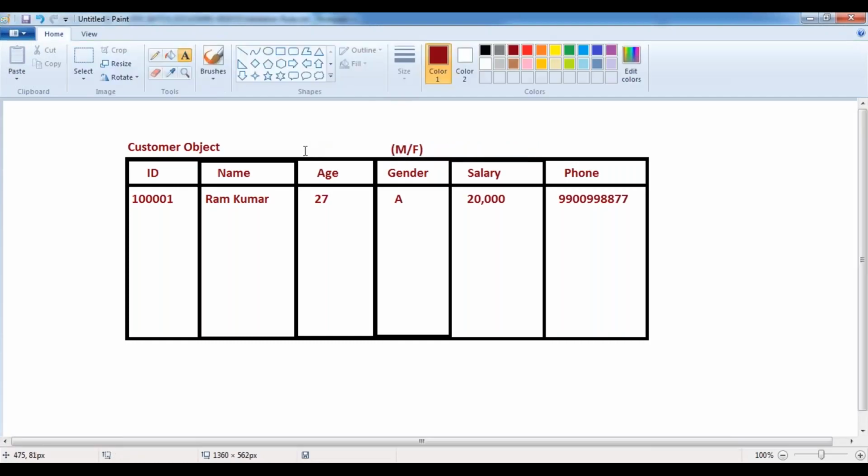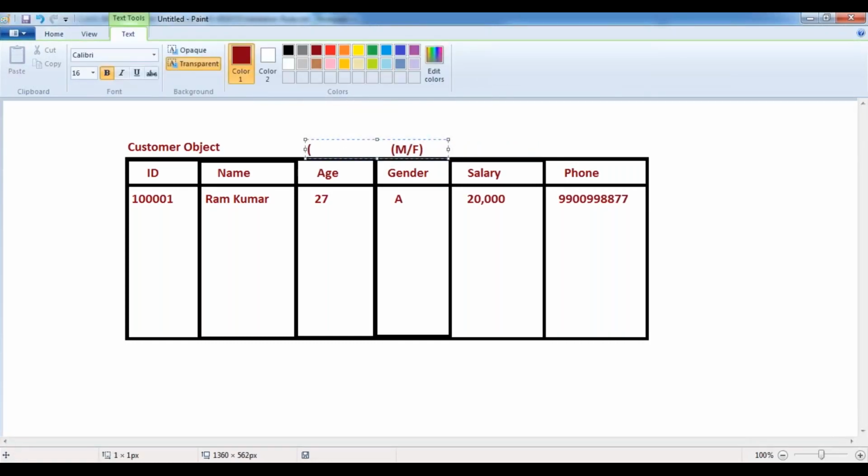When coming to the age, as part of my business requirement, I want the customer age to be between 20 and 90. This is the maximum age I would like to accept. It should not be less than 20, and it should not be more than 90. This is the limitation I want to indicate. The name column should have a minimum of 8 characters and a maximum of 15 characters, including spaces.